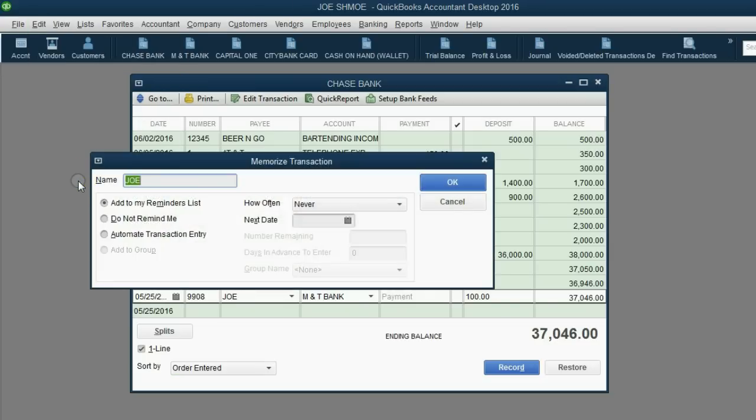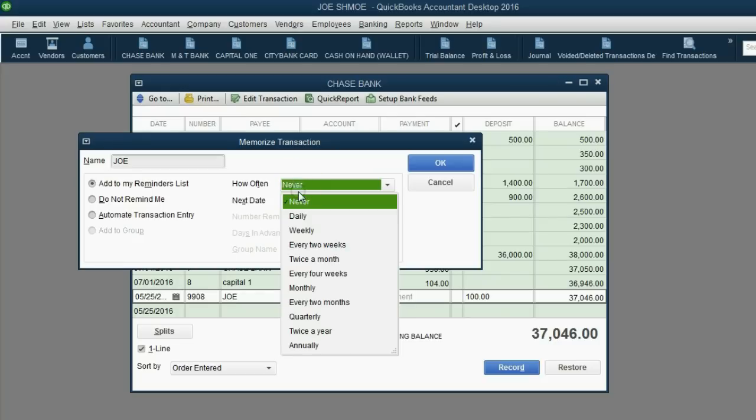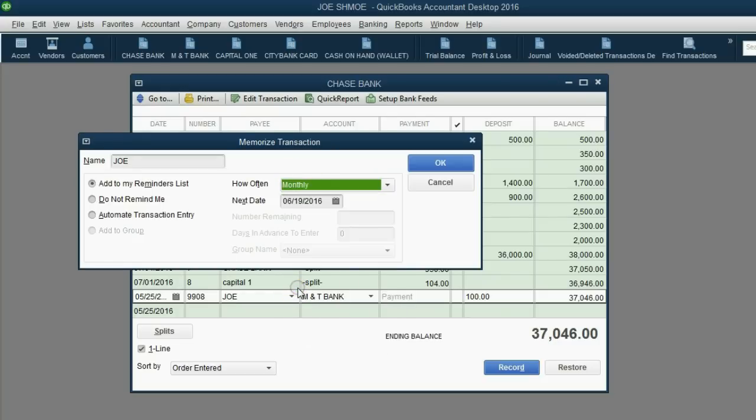Now, after we click record, we have to click back onto the transaction. By the way, in your case, it might have jumped up high, but I have my register set for order entered. So as soon as I recorded it, it didn't jump all the way up to the top. It stayed here. Click right on the transaction, and from the top left of the main menu, click Edit, Memorize